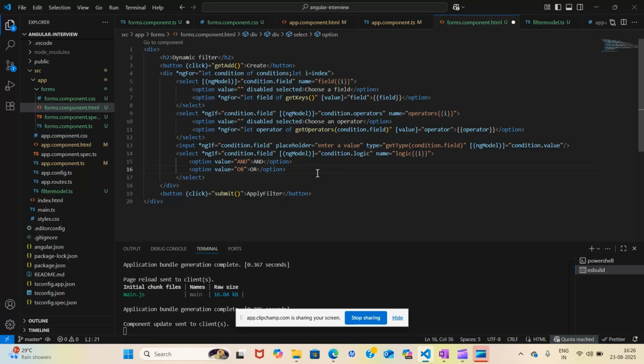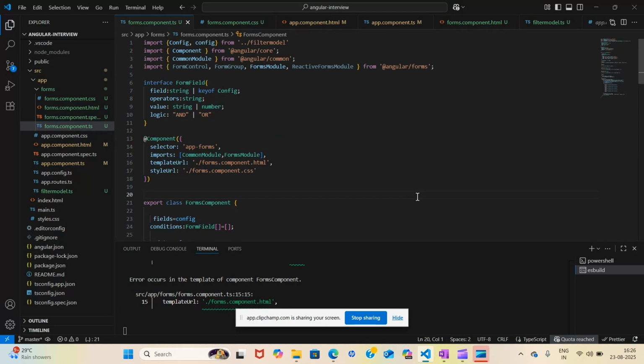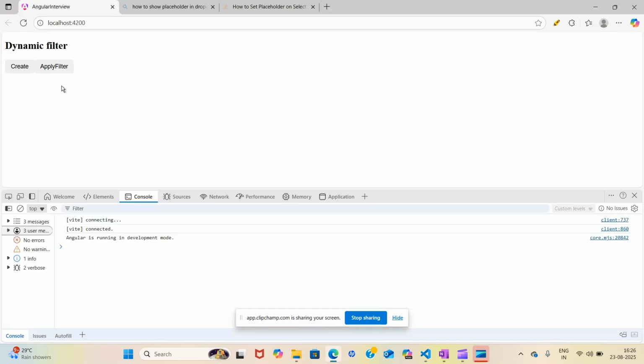Now let's save it and see how it is working right now. We have the create and apply buttons. I will create, then I have this drop down, I selected name, then these all are coming, right? But now I can see that I have and/or, but it is coming with my first row only. I don't want it with the first row, because logically it should only be present if my other row is added. If someone has only one row, this should not be coming, right?